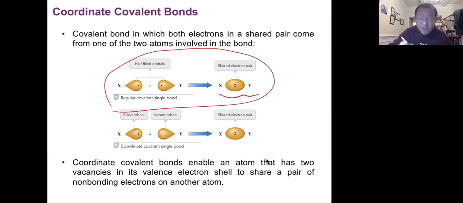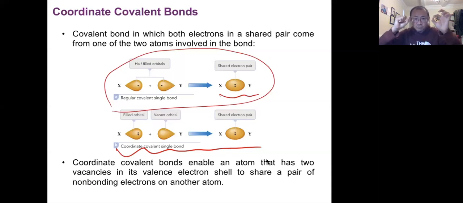This is what we have learned so far. That's the most commonly seen type of covalent bond. But sometimes